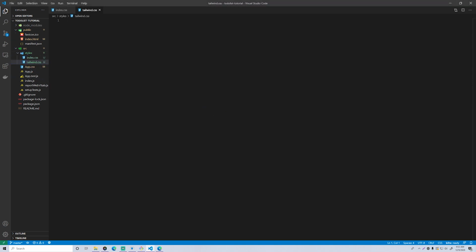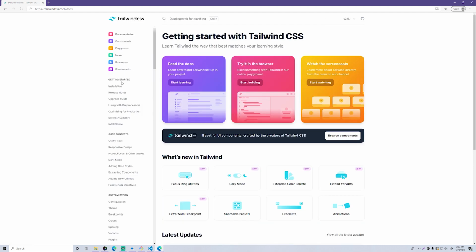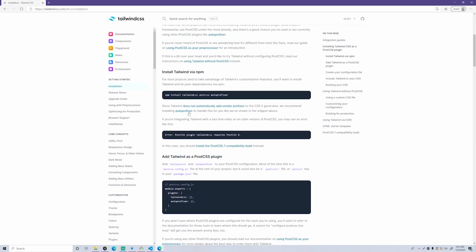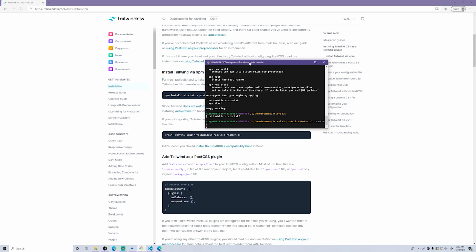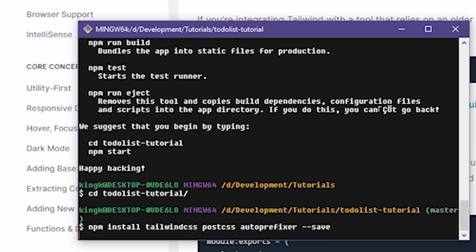And besides that, let's go ahead and check out the Tailwind CSS documentation so we can see what we need to install. So Tailwind CSS documentation, installation, and then go down here and you can see that it tells you what to install using npm. So let's try doing that. So we'll do npm install tailwindcss postcss autoprefixer, then --save. Oops, yep, there we go. So --save. And now it's going to install. It's going to take about a minute or so, just because it's a pretty big amount of stuff, I guess. So give that a second.